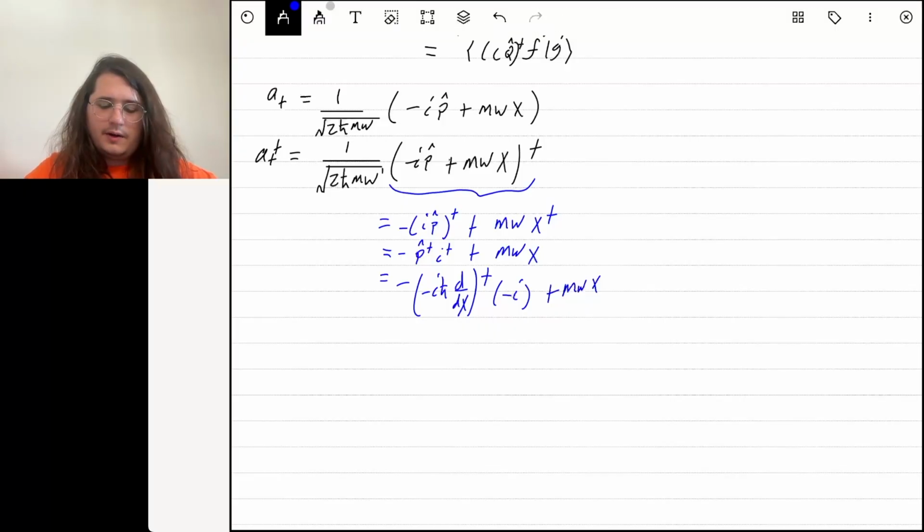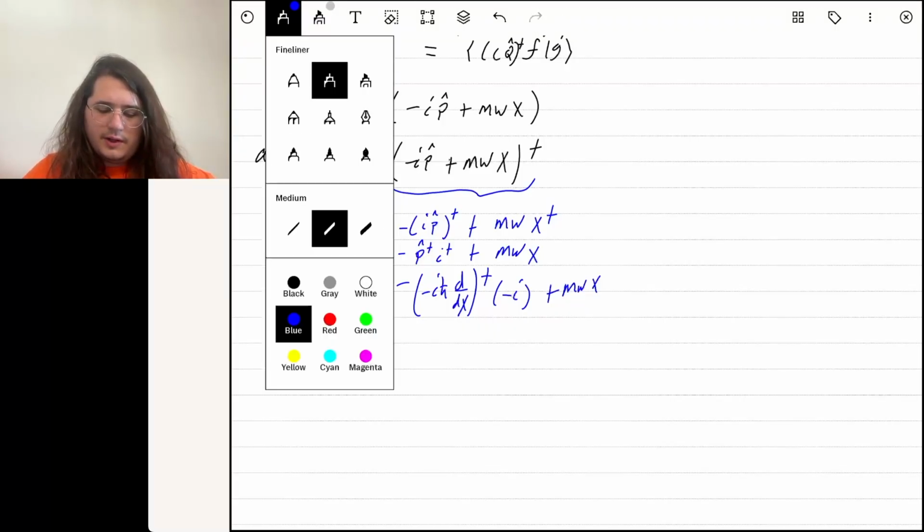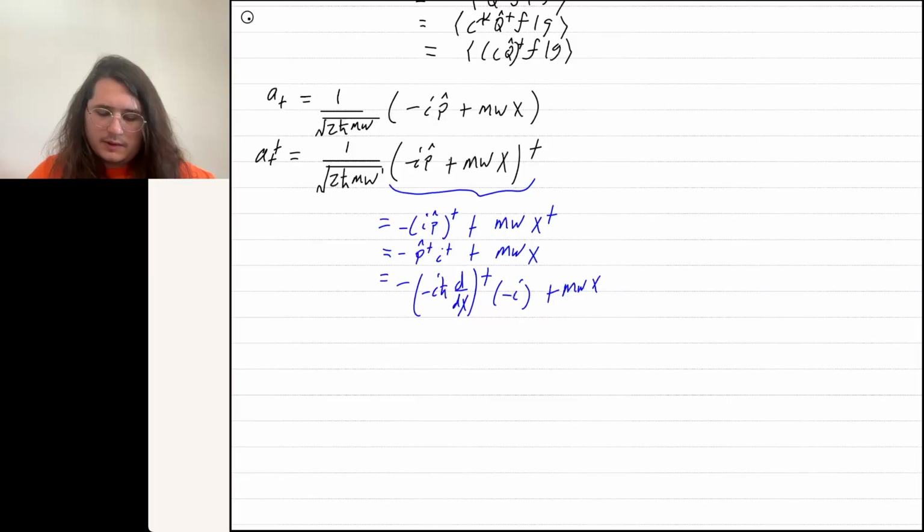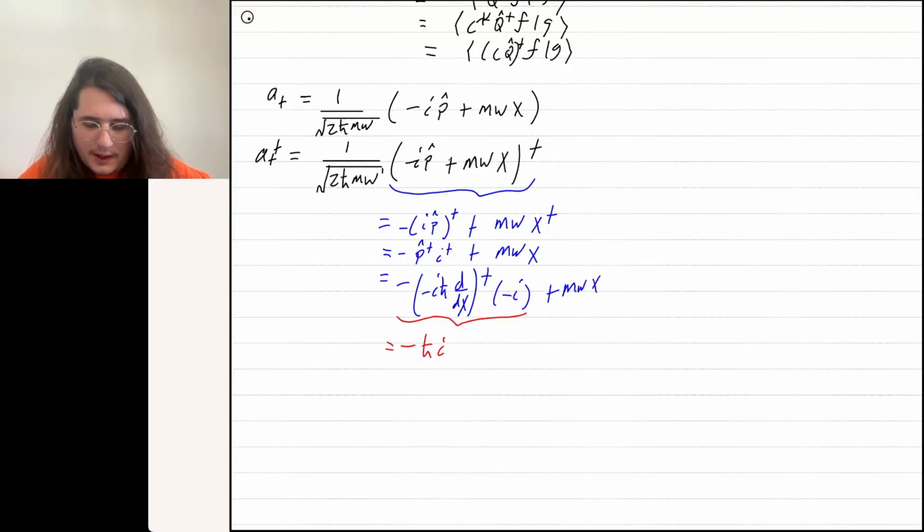I'm going to hone in on this chunk now because the m omega x isn't really going to change much this whole time. In this chunk, I count 3 minus signs, so that we get a minus sign. We also get an h bar because the Hermitian conjugation isn't going to hit that. We also get an i from over to the right. So minus h bar i. And then we have to do the conjugation of the stuff inside, so that's going to be d dx dagger